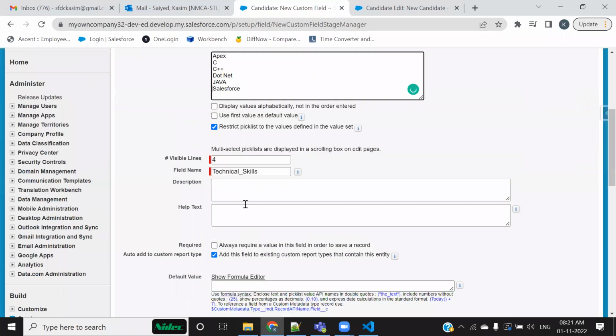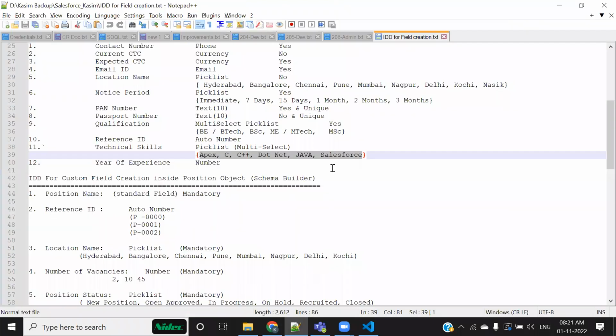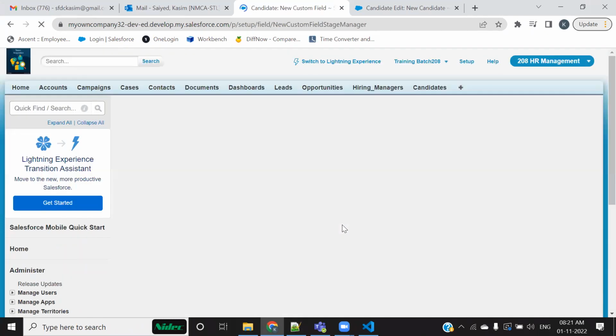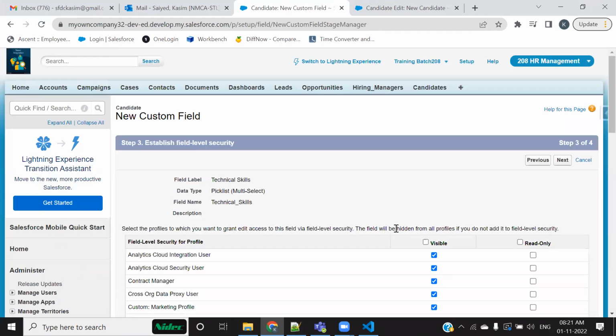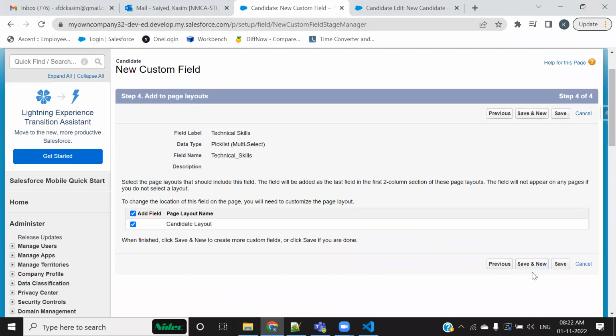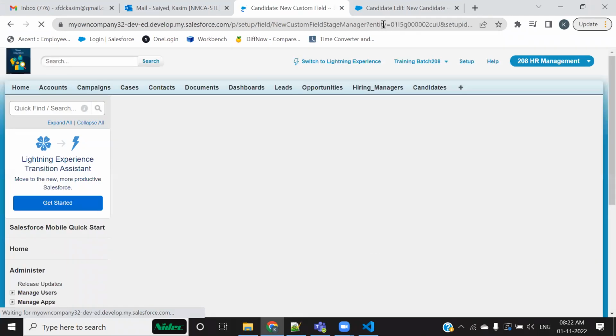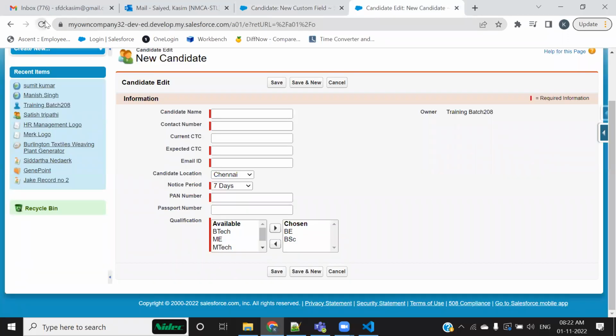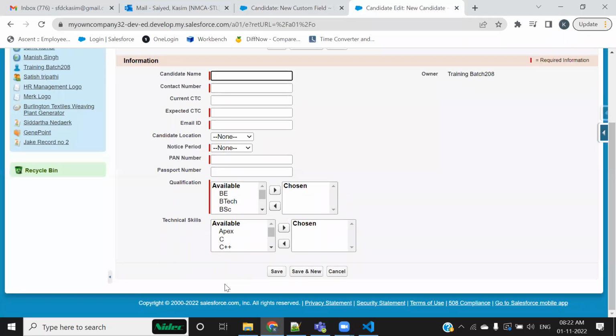All right. So it has not been mentioned, so I'm not making it required. And then next, number of visible lines are minimum 4. You know, maximum it could be anything. Minimum is 4. If you select 3, it is going to give you the error. Save this. Yeah, save this, and you can see one more pick list has been added.